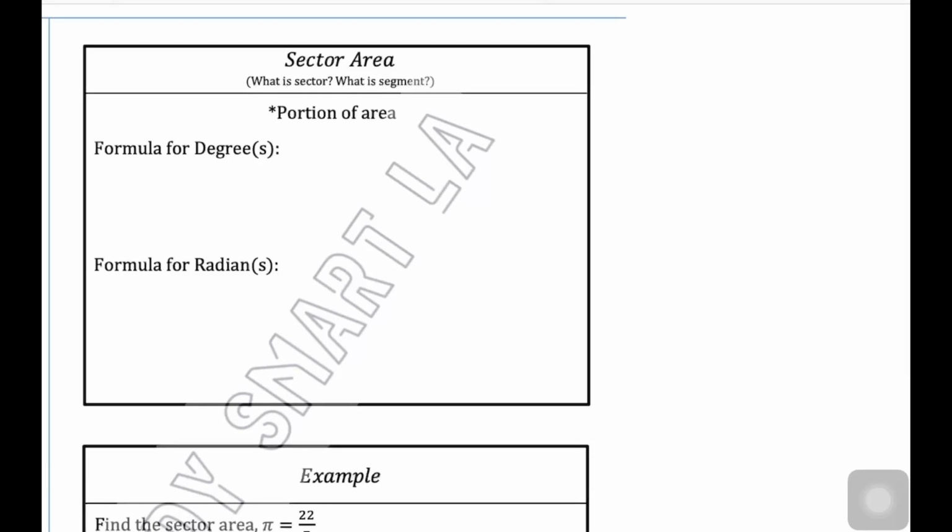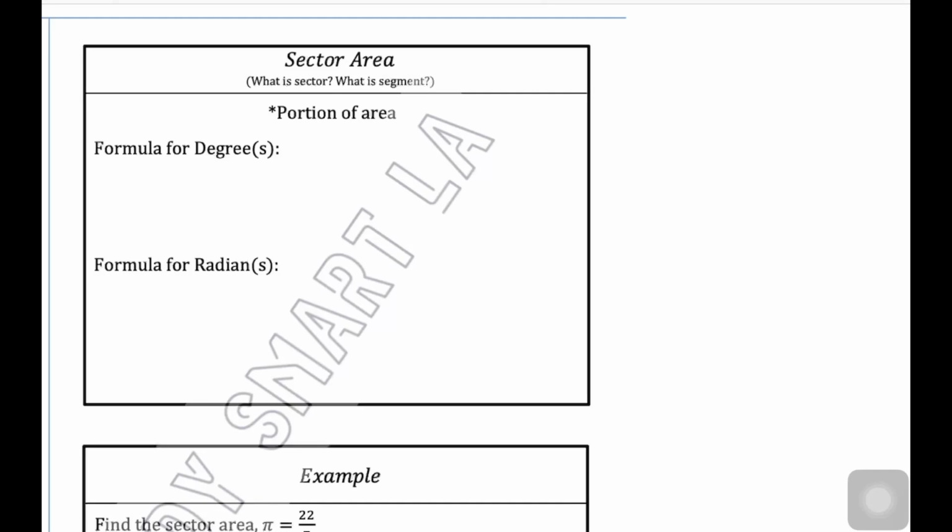Alright, so now let us talk about sector area. You will notice below the title sector area, I wrote this question, right? What is sector? What is segment? As a reminder to myself, to talk about sector as well as segment before proceeding to show you the